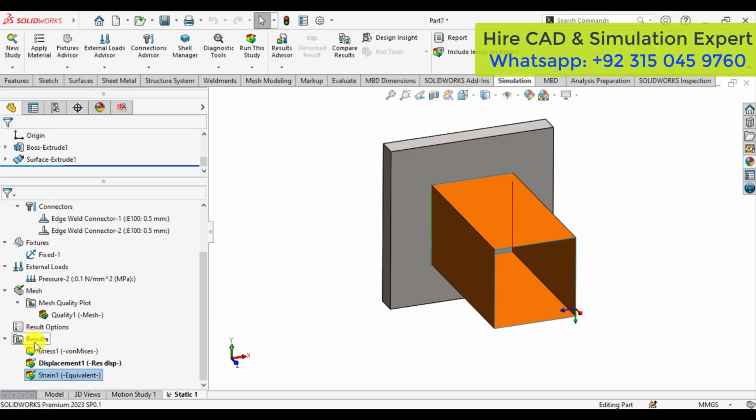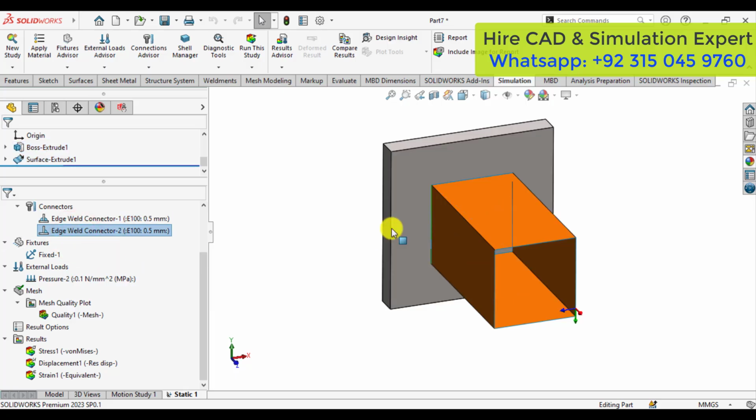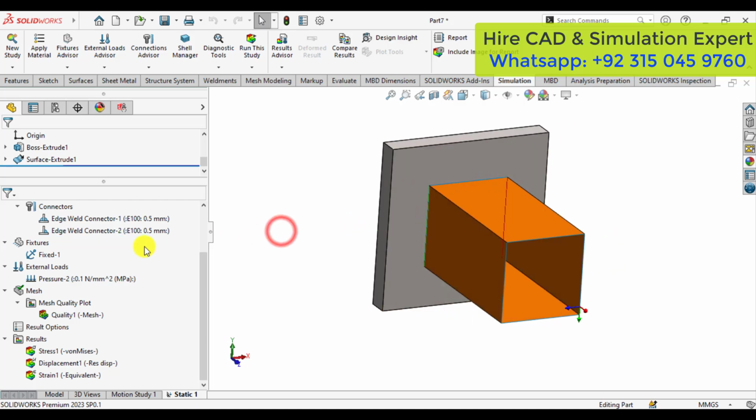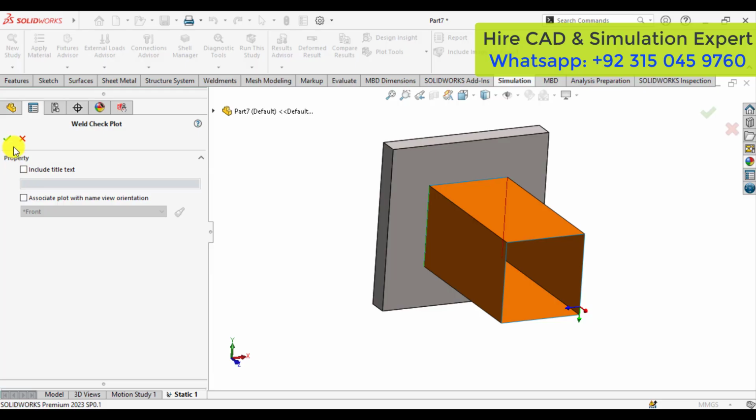We will evaluate the weld size for this double-sided connector as well as this one, that is the single-sided connector. Just right click on the results and select the define weldment check plot. Okay,